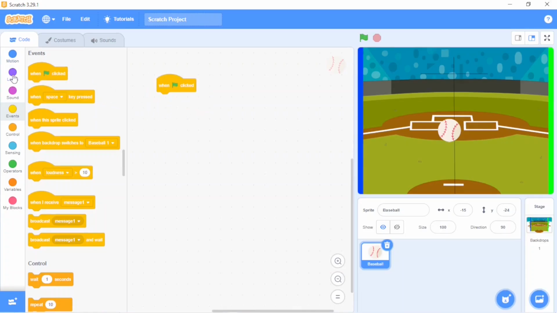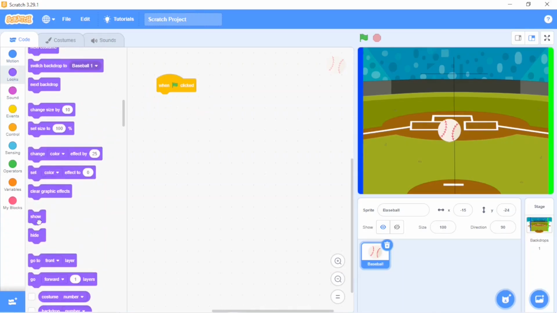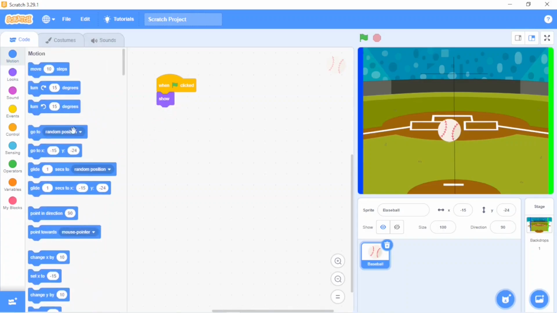And after this, go to looks, scroll down, show, motion, go to X and Y, go to X 0, Y 0, point in direction 45. Okay, now see, in the center, X 0, Y 0, and then it's showing when the flag is clicked. Okay, this was the position of the ping ball.